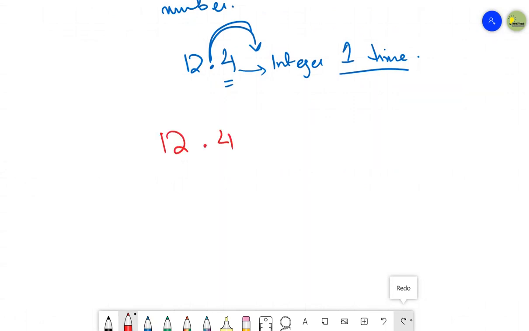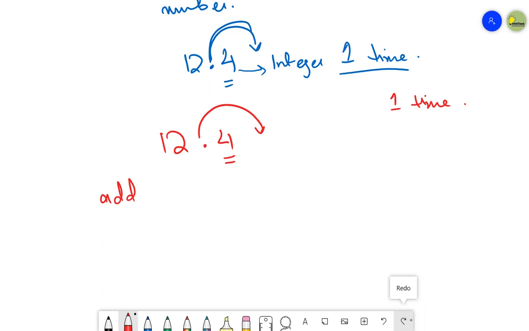If I want to just move this decimal to the end, I have to calculate how many times I'm going to jump it, how many times I'm going to move this decimal in order to place it at the end. Since I'm having only one number 4, then I'm going to shift this decimal only one time. Okay, so keep in mind that how many times you are just moving the decimal to the end, you have to add that number of zeros in the denominator.